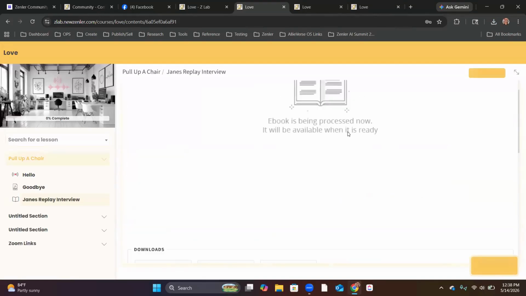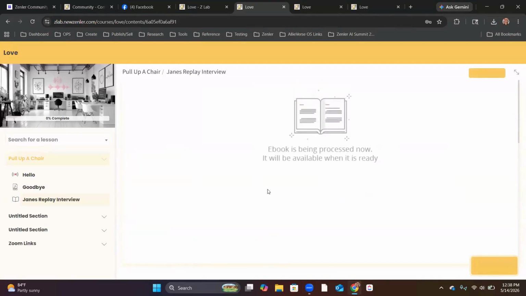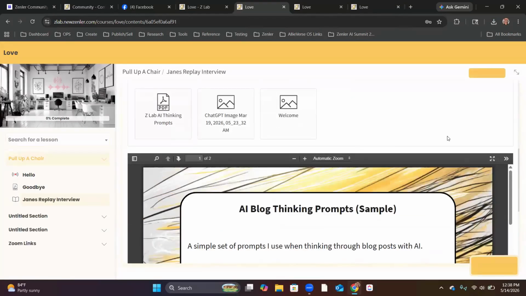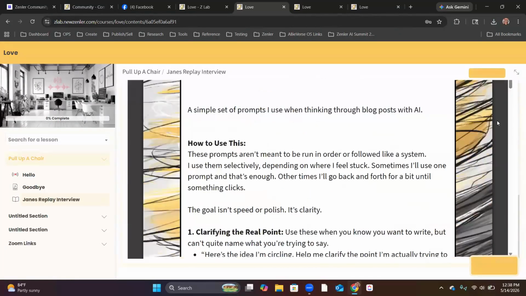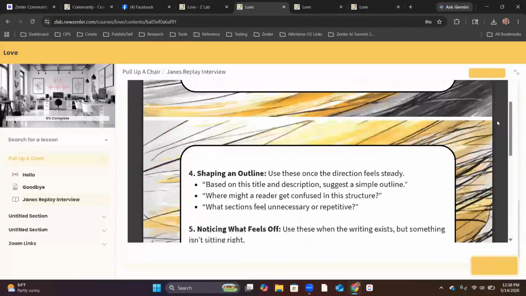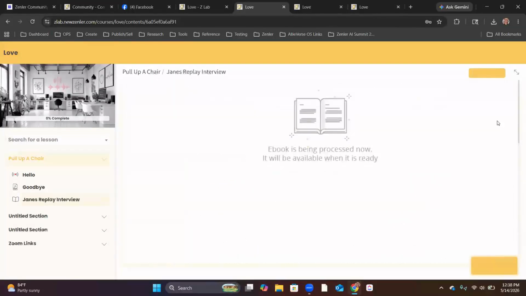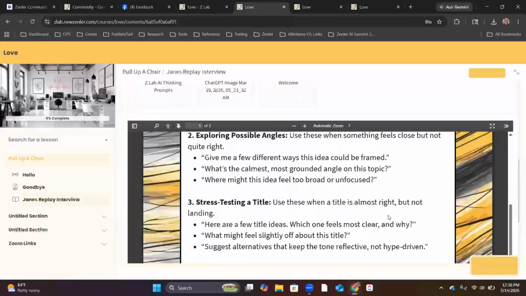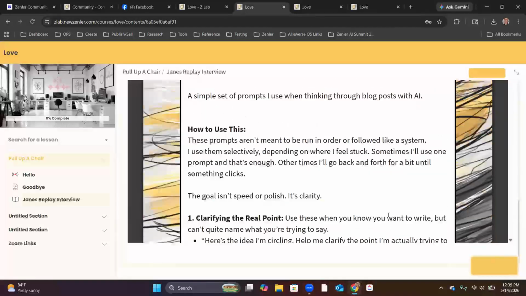So this is the ebook that flips, right? I don't know why it's not showing up yet, but this is what it looks like if you add that as a PDF individually. Oh, that's great. It's there and you can scroll through it. So you would either take all of them together and do them as an ebook this way, and once you see what that looks like, you can decide. Or this is what the PDF looks like, and they can scroll through them all so they can see them.